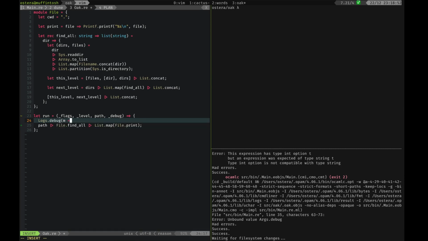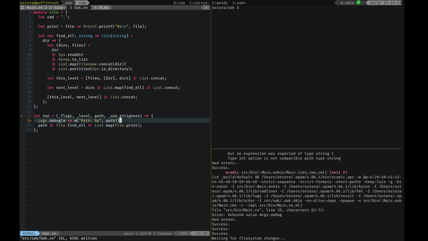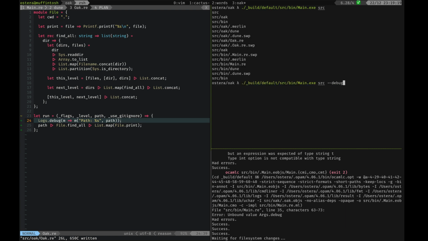And for debug purposes, we will say that the path we're using, and this should be renamed to use git ignore, should be a string, right? And it will be the variable path. And we can start with this. So if we run this with source, we get just that. But if we add debug to it,